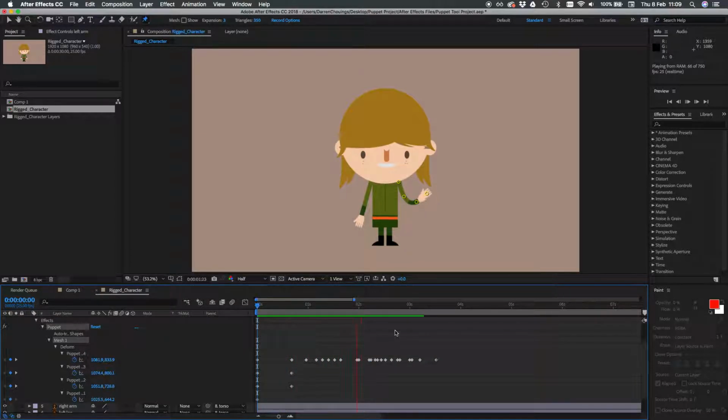So it's fantastic if you're wanting something to dance, or you're wanting a wave or quite a natural movement. It allows you to do that. And if you want the arm to come back to where it was, I'll just move the timer on about the same space as this, and I'll copy and paste my original frames. And so now I'll have an arm coming up, waving,